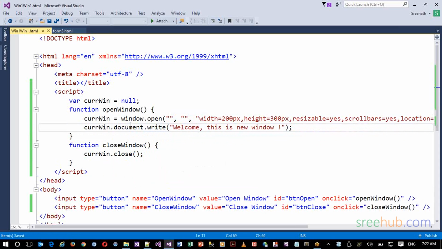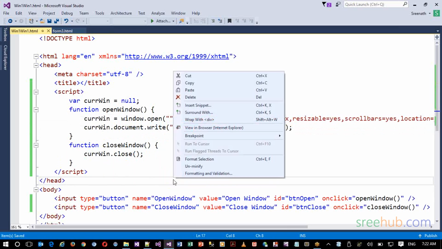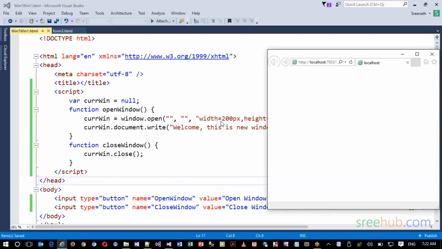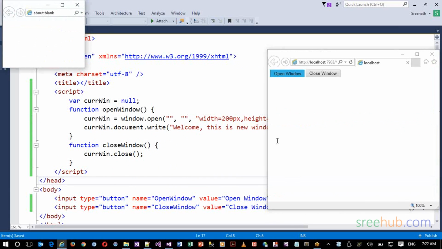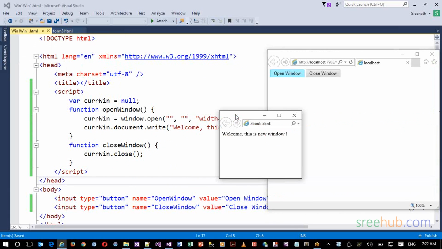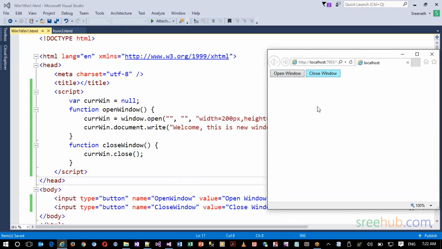right? So here what I'm doing, I'm taking the instance and I'm actually writing a message here. And based on this message, maybe I'll increase the width, for instance 200, or decrease the height to 150, so that it will fit in. So right click and say view in browser. So you have this open window. Now you can see a simple message, welcome, this is a new window, right? And when you click on close, it will be closed,